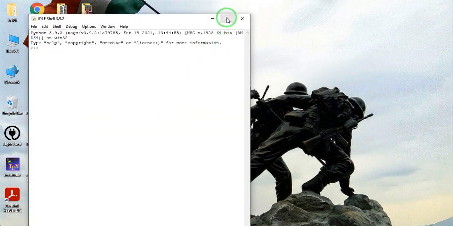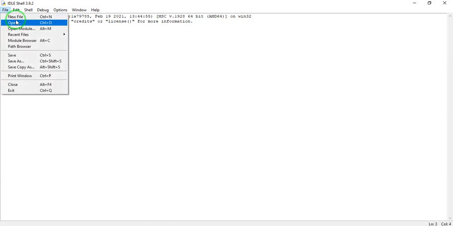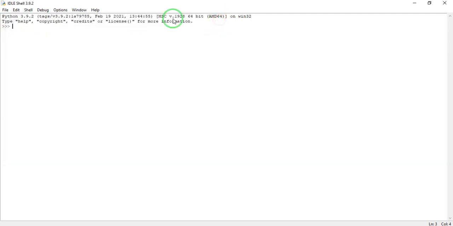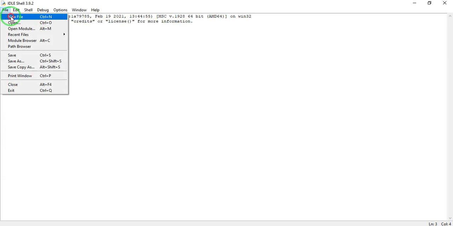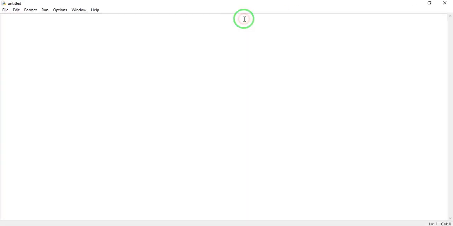So it takes some time. So this is the shell. Now I'm not writing the program in the shell because if you have some error, then again you have to type the whole program again. So let me open up a new file. Let me open a new file here, and then I will have this shell untitled. Okay. Now let me write this.